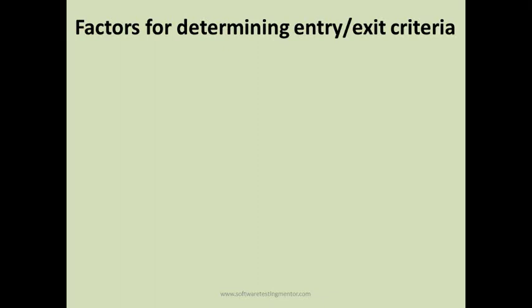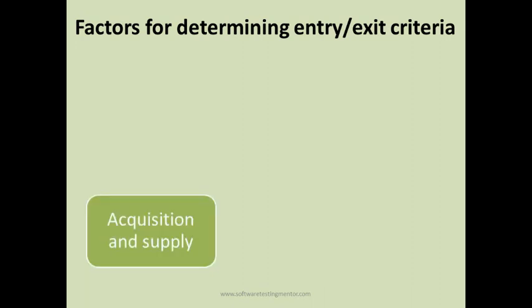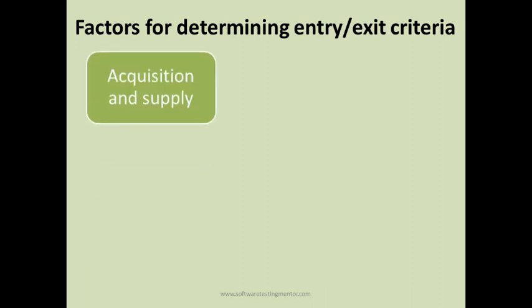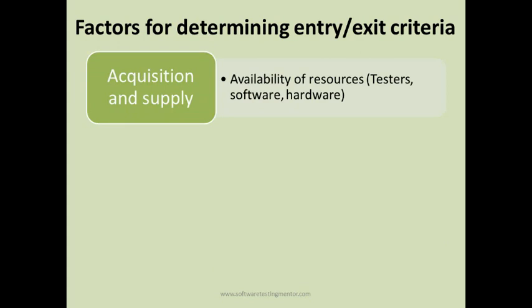So factors which determine the entry and exit criteria of testing are acquisition and supply. For example, availability of resources, be it the testers or hardware resources or software resources. This is one factor that affects entry and exit criteria of the testing phase. For example, if you do not have hardware and software resources for setting up the test environment, definitely you cannot enter the testing phase. So acquisition and supply, or availability of resources, is one factor that determines entry criteria and exit